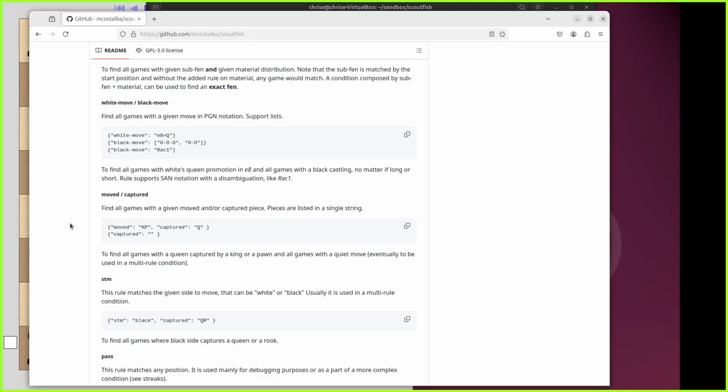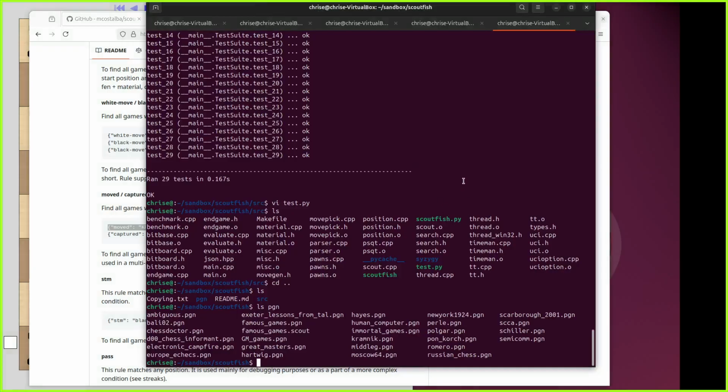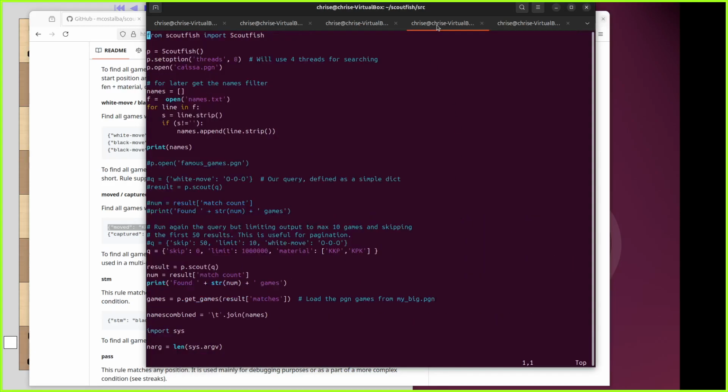But because this one's automated and can search for certain other things, moves and captures, you can just code it up. Like you can see, this is JSON. You just instruct it in simple JSON lines, and you can do the search. So what I'll do now is, I've downloaded it there, and you can see how to download it and run it. I'll now go back to